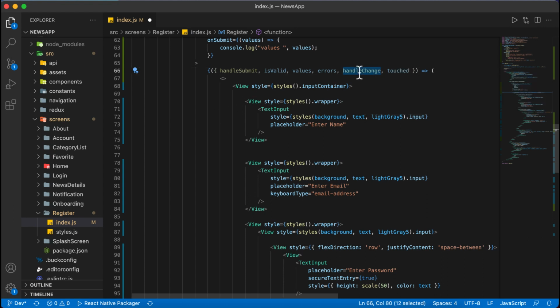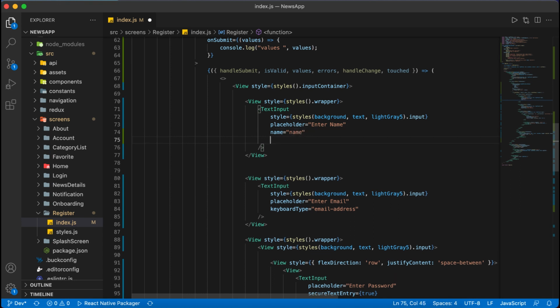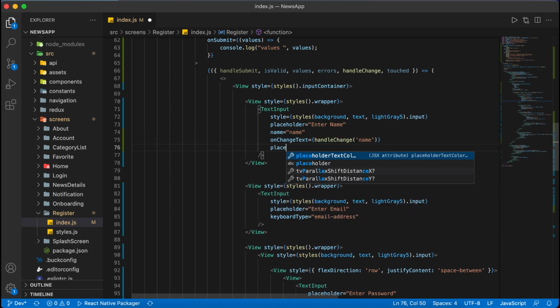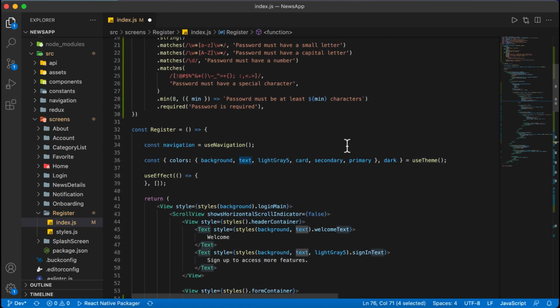So we'll use handleChange inside the text input, and before that let's give each one a name. For name it is name, and on change text, whenever the text is changed, the value will be set inside Formik. Like this. Here we will set the placeholder text color from the text that is coming from the useTheme, this one.